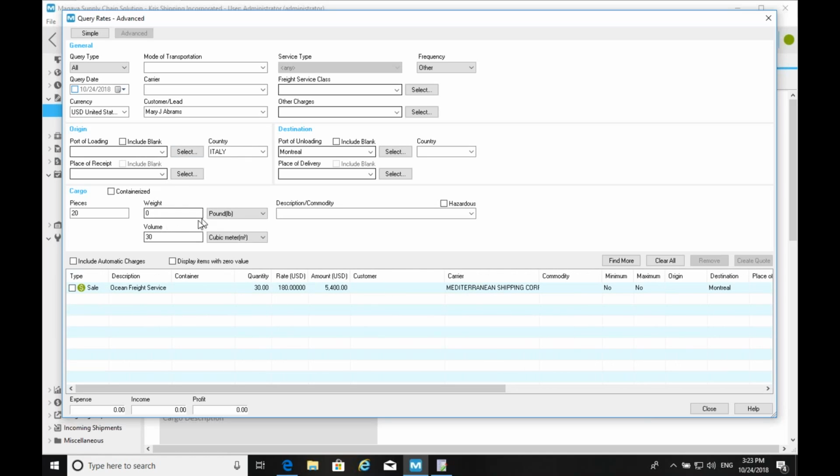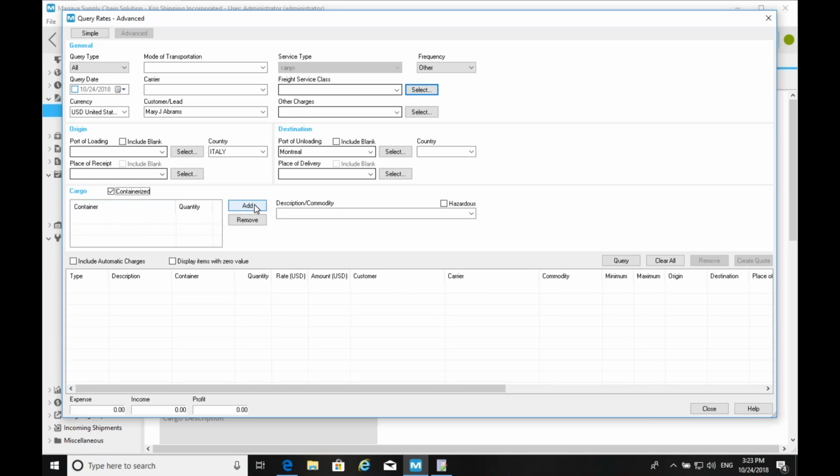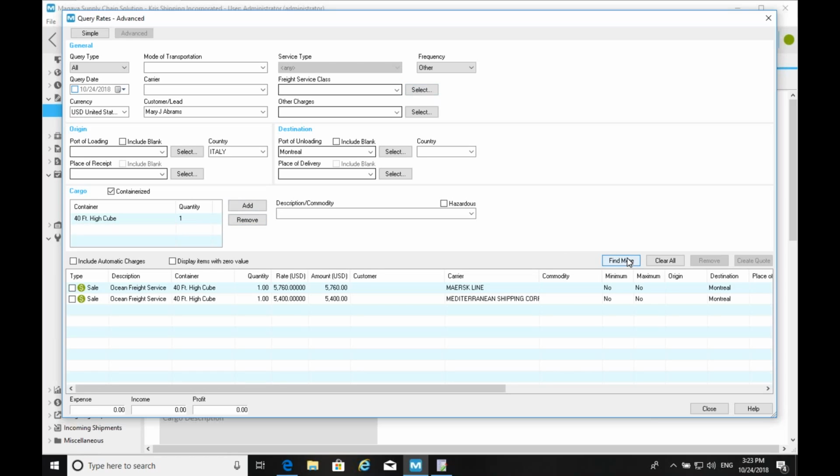Okay, so let's say 30 cubic meters. Let's say, can you put it in a container maybe? All right, let's try. So if we do containerized and say this would go into a 40 height cube, let's see what we get then. Okay, let's query again. All right, looks like getting 2 rates now.